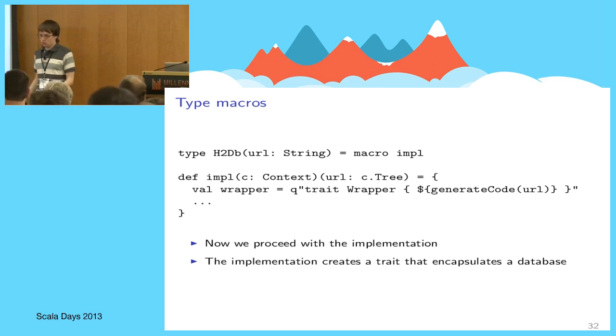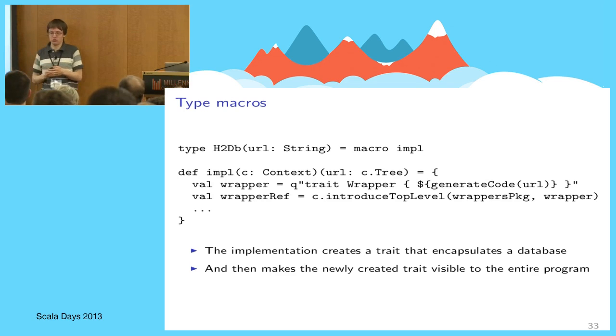So how does it look? Okay, it just takes a connection string, and then it invokes some function. Macros can do arbitrary logic, they can do I/O, they can talk to databases. Some people might say that's dangerous, sure, but okay, there's no need for buts. All right, so here we have this function generate code that takes a connection string, talks to the database, and produces class defs, traits, and well, all this good stuff.